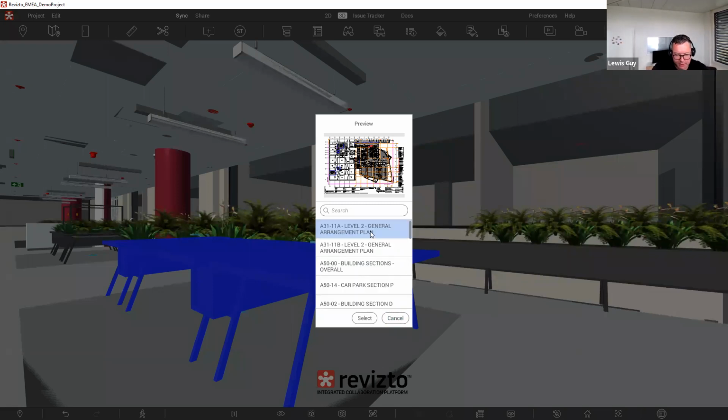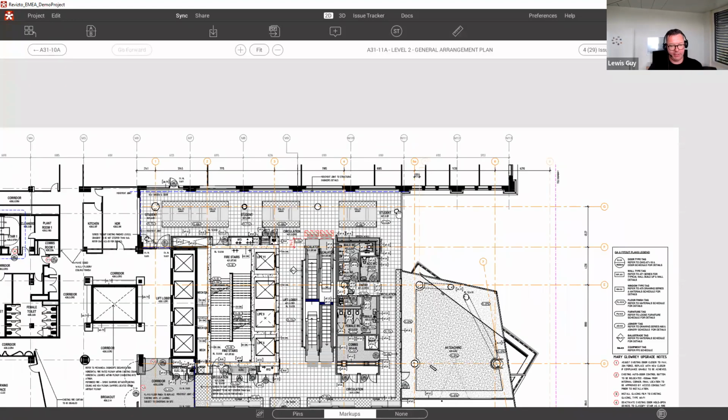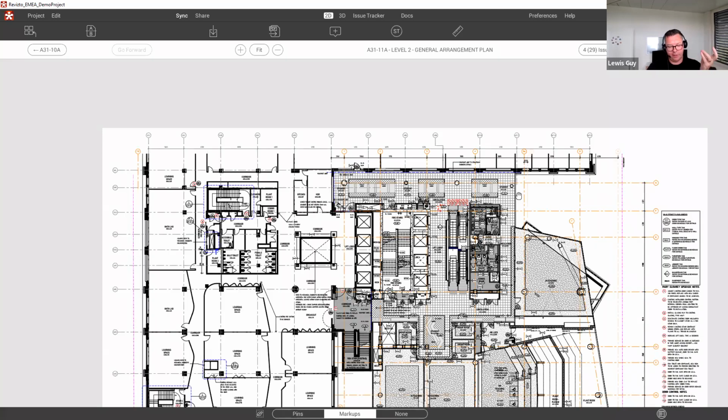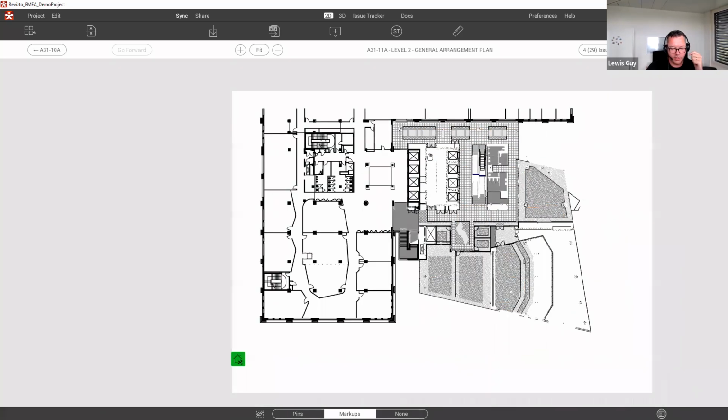So I can go to my level 2 plan, which is where I am, and that now shows me I'm centered on the screen where I am in 2D. So we can go from 2D to 3D, but we can also go from 3D to 2D as well. And one of the other great functions of Revisto, and this is one of our oldest features, but still one of the favorites of most of our customers, is